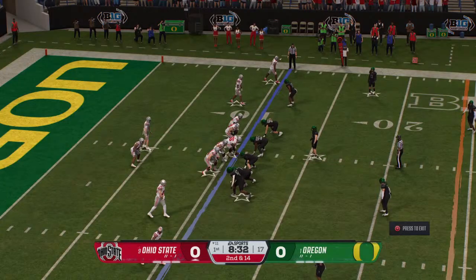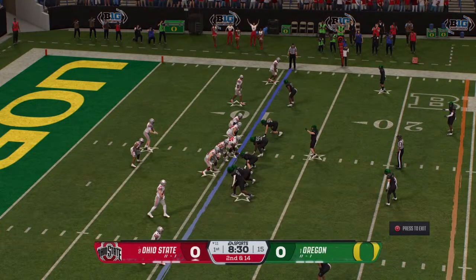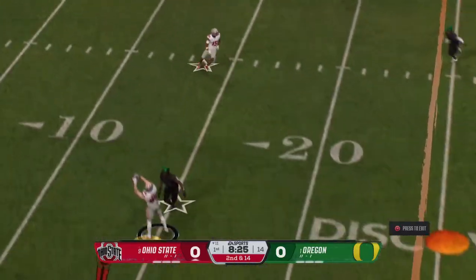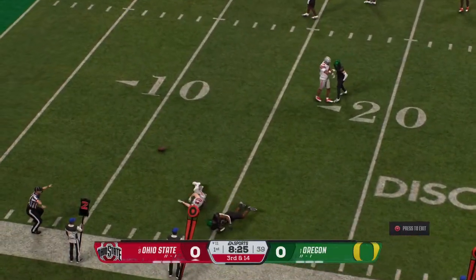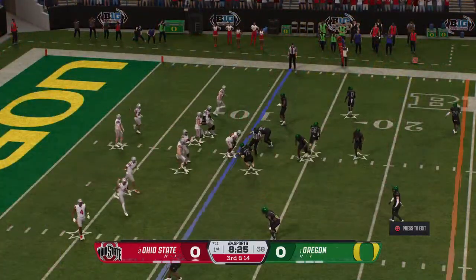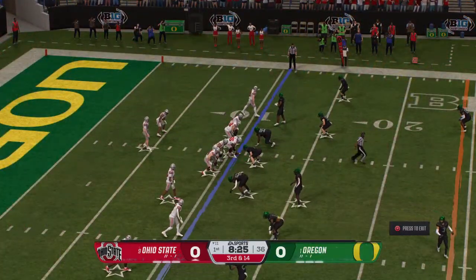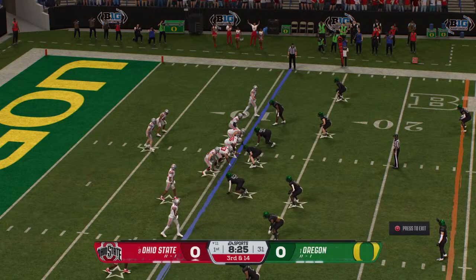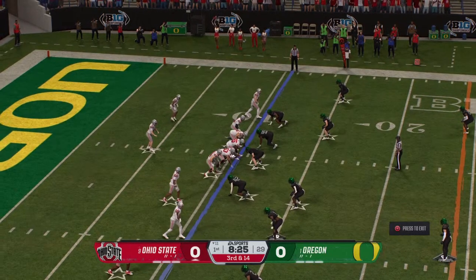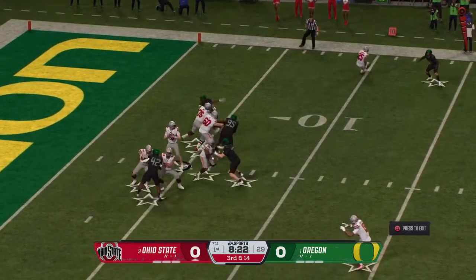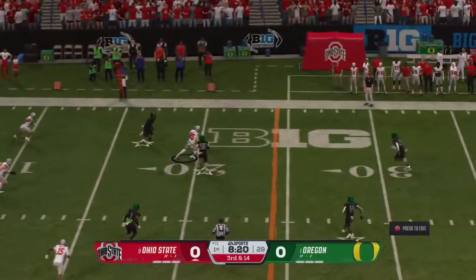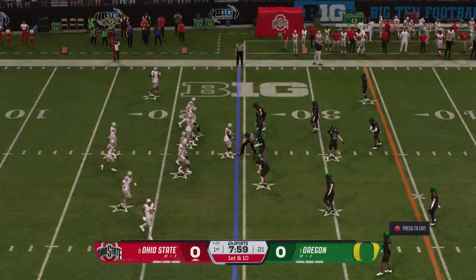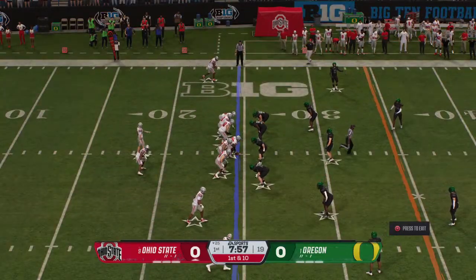Rough start to the drive. They lose 4. Makes it now 2nd down and 14. That one falls incomplete. Looking for a flag. Doesn't get it. Brings up 3rd down. Not going to be easy here. Backed up, a long way to go for a 1st down. Send the back in motion. Now in 3rd and very long. Looking to throw. Locates the tight end. It's complete. Tackle made, but it moves the ball to the 25 as they try to get this drive going.